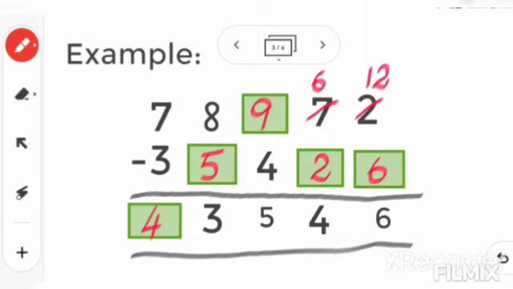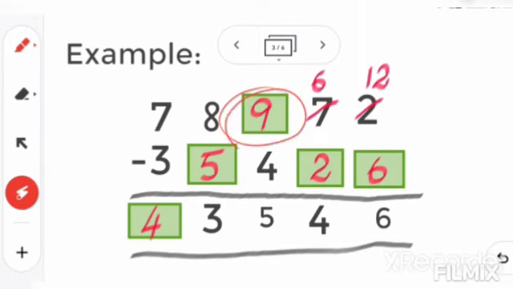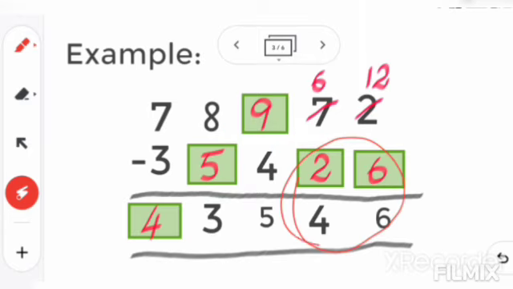Only you have to be careful to find the missing number on the top. To find that you are adding. Then to find the down 2, you have to minus only. But when you minus, always you have to minus from the top number. If the top number is small, then you borrow and write. Okay, so this is the way you will do.